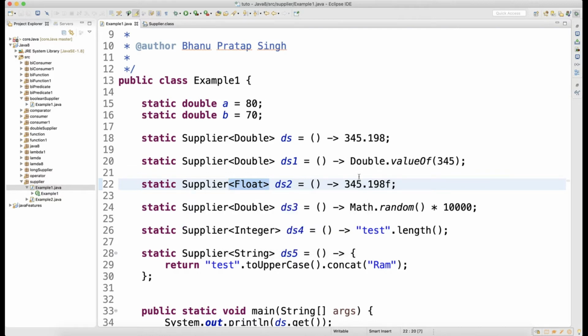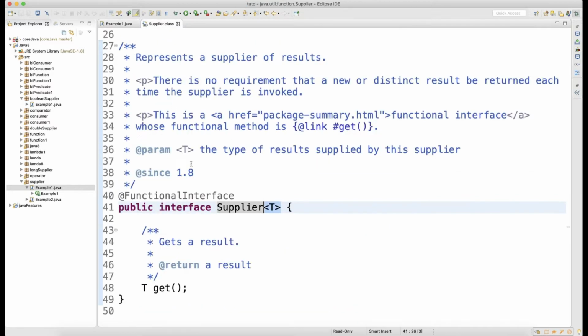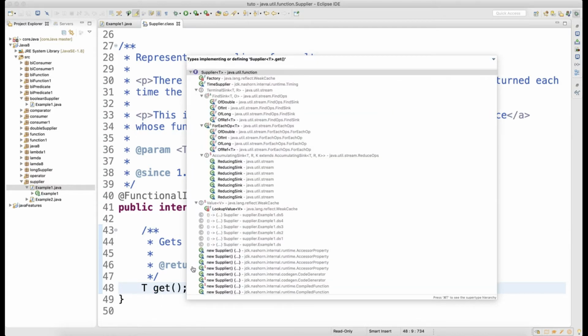Why am I saying that? See, whatever you write here is nothing but the implementation of your get method, right? If you want to see that, just press Control, click on get, click on open implementations. When you click on open implementations, where are the implementations? Whatever you have written here, this is the implementation, right?